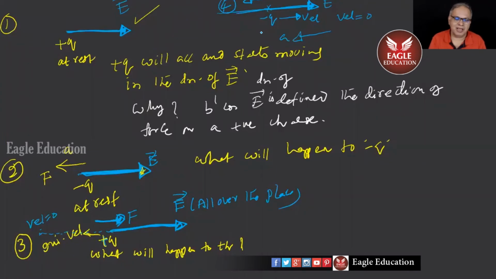Now tell me. Force is all right. Force is 1 by 4 pi epsilon q1 q2 by r square is one force we talked about, but force somehow is comfortable to our brains. Why? Every day we keep hearing this, no? Your parents force you to study for IIT JEE. Your parents force you to study every day. I mean, every hour in the day. Or you force your friend to do something. That force idea is cool for us. But electric field strength idea is not cool. It is, provided you come into that mood.